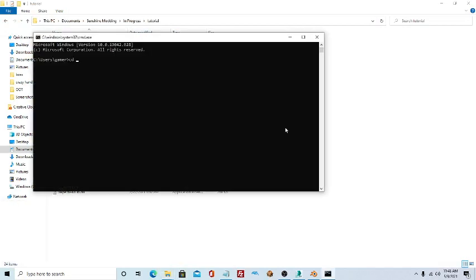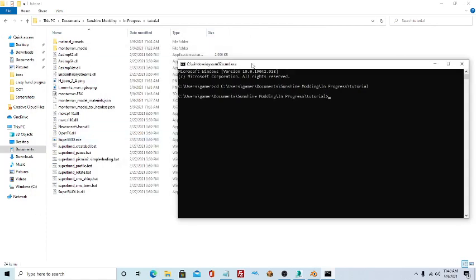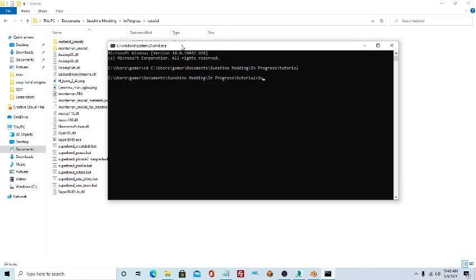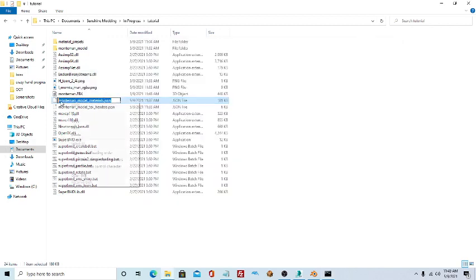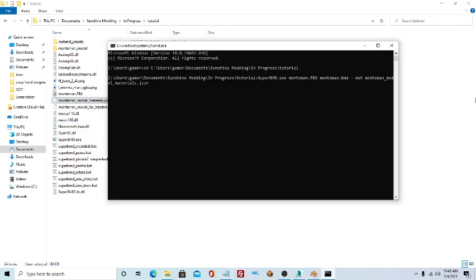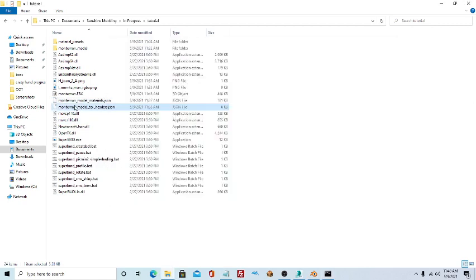We're going to open a command prompt and go to this location. And now the command for SuperBMD to pack this back up and also include all of his textures and everything, we have to do this through command prompt.exe. And then now we're going to do the name of the model, which is montyman.fbx, and we want to make that montyman.bmd. So our materials, just like that, and our textures is going to be -x,